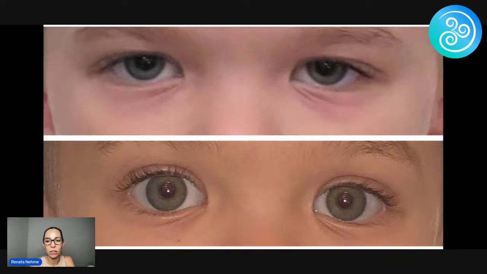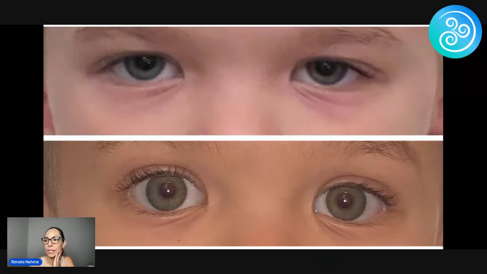So what do you see over there on the top? We're going to look at it clinically first. So clinically, I see white sclera underneath the eyes. What does that mean? Can you guys see my cursor? Or can you see my cursor here? I'm not sure which one works. I think it's this screen that you guys can see my cursor. I'm not really sure which one you can see.